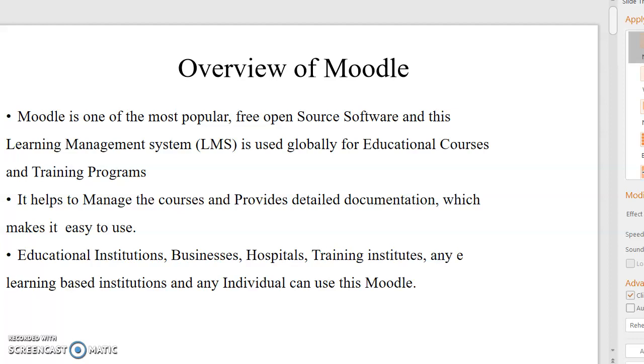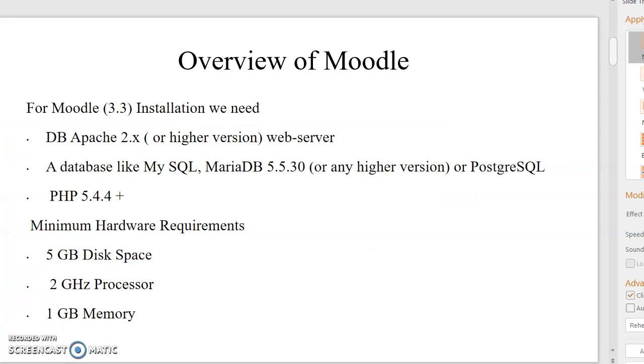Moodle is preferable in educational institutions, businesses, hospitals, training institutes, any e-learning based institutions, and any individual can use this Moodle. Now I'm going to explain how to install Moodle version 3.3.